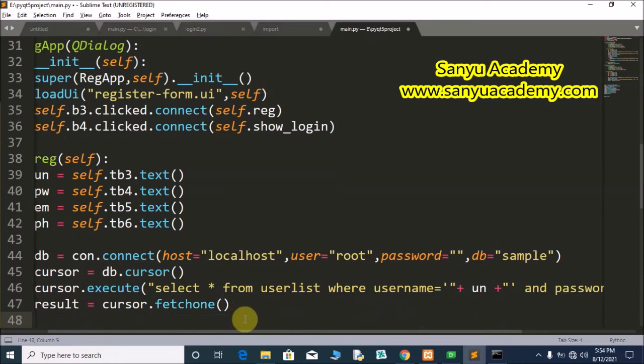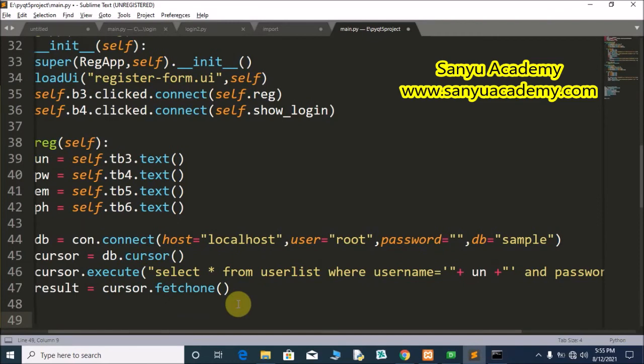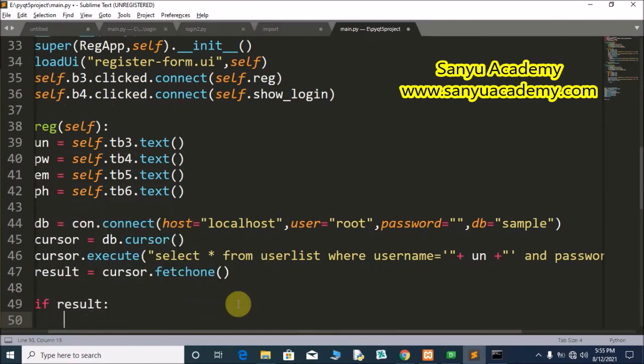If the data is available in the result, that means if the user is already registered, the fetch 1 function will collect the username and password, all the details, and store it into the result. If the result is empty, that means the user is not existing. We will check that and create a new user. If result, this means if the result contains data, we have to give a message box that the user already registered. Q message box